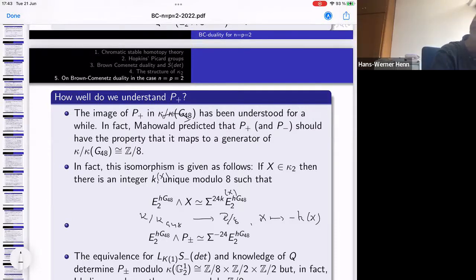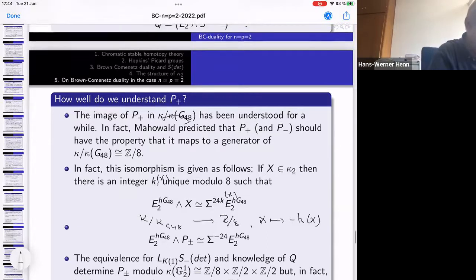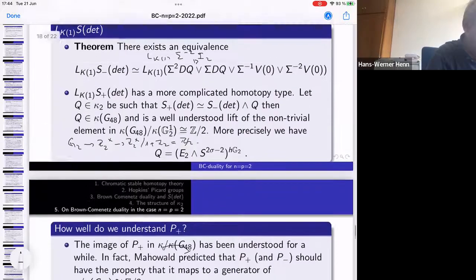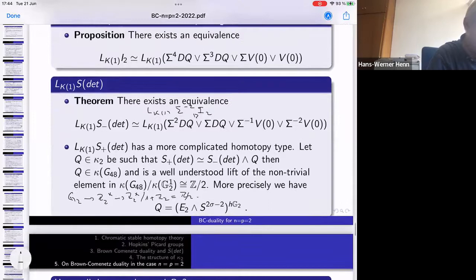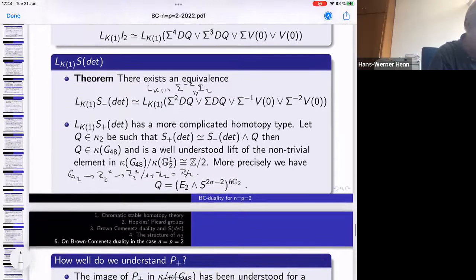Now the equivalence for LK1 of S minus det and knowledge of Q, which is the thing which makes the difference between S plus det and S minus det,